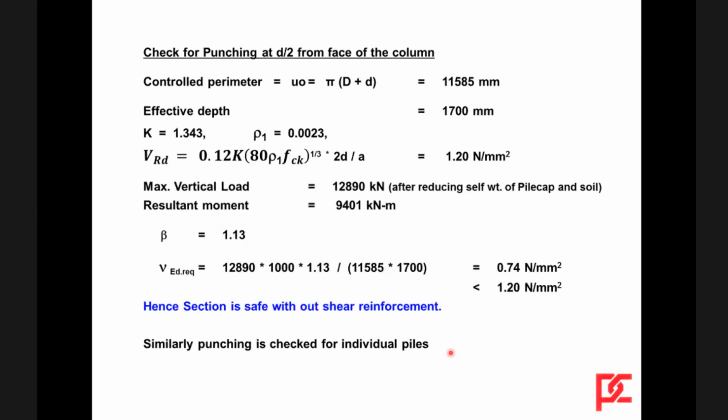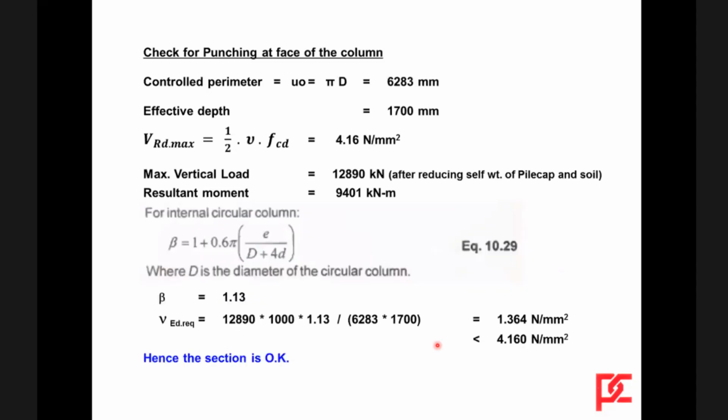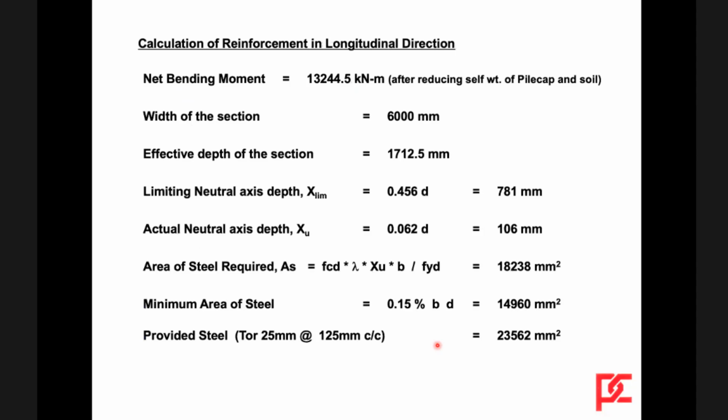And then we have checked the punching shear at D by 2 from the face of the column also with this formula. Then we find that here also it is safe without any shear reinforcement. And in fact, similarly, a punching shear check around the pile also needs to be given, where